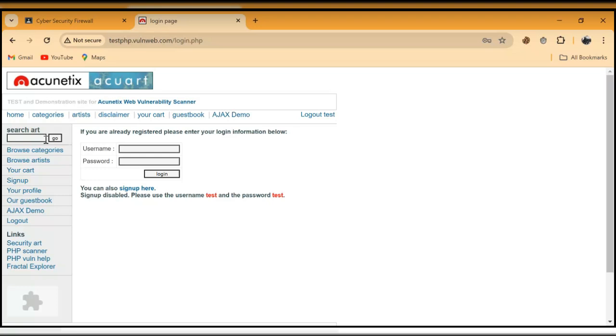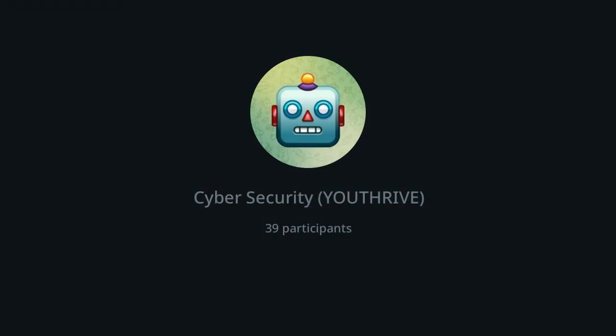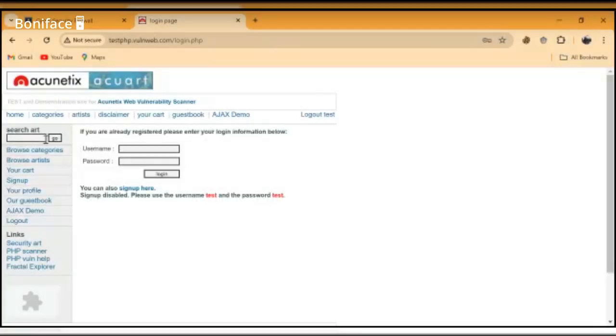Now, the vulnerability. The next thing to do is the description of that vulnerability. Now that you've done SQLI, let's say you do